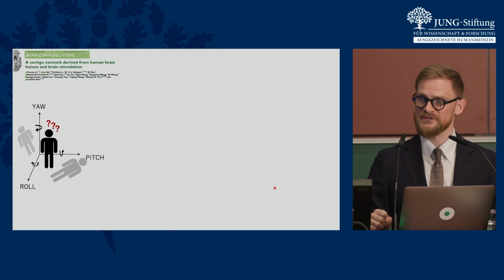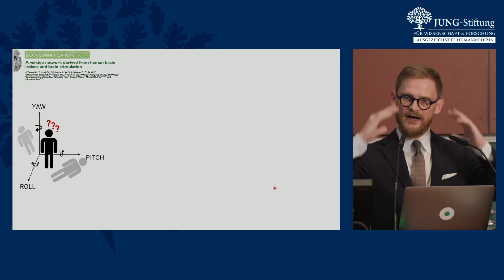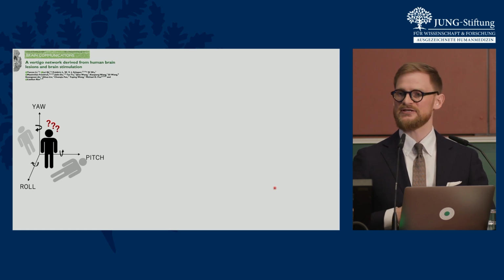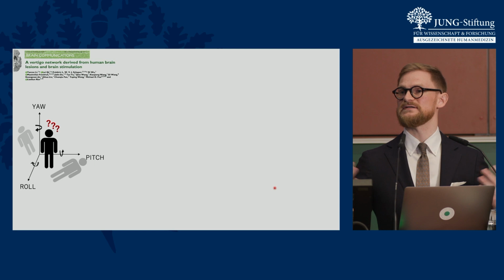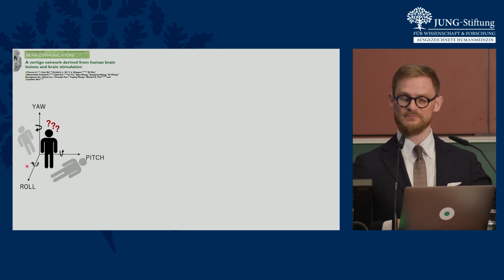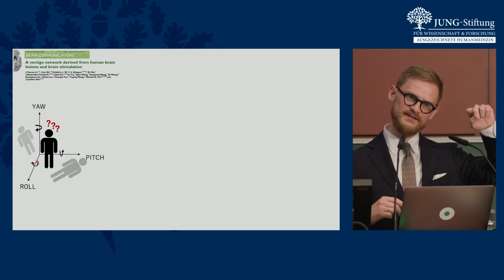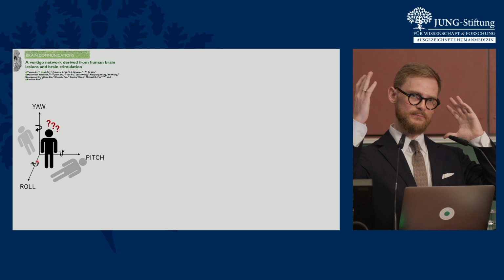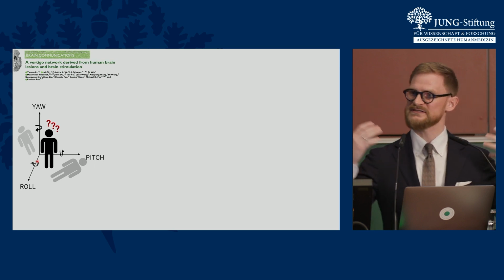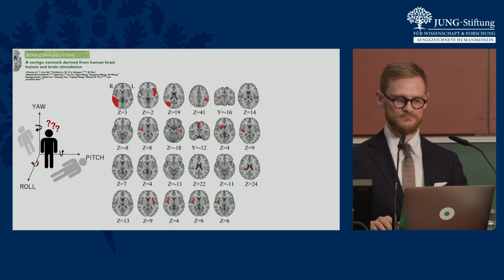So let's move on to another recent study. In this study, we were more interested in the higher order organization of the cortical brain networks that give us our sense of orientation in space. So coming back to our vestibular coordinate framework, we were now looking not at single planes of that framework, but we were really looking at the complex three-dimensional representation of myself in space. Where am I in space?